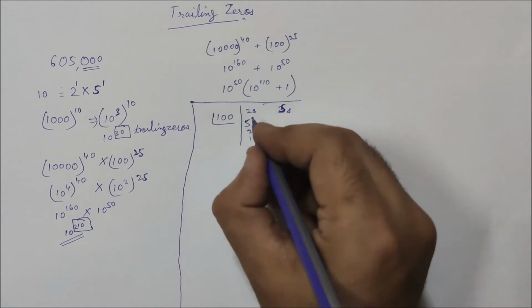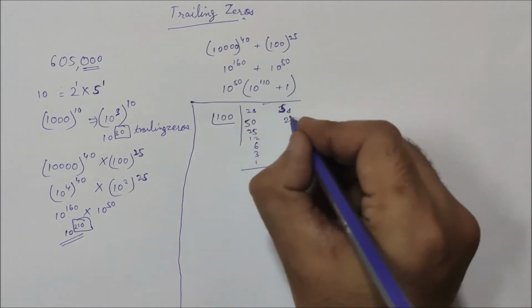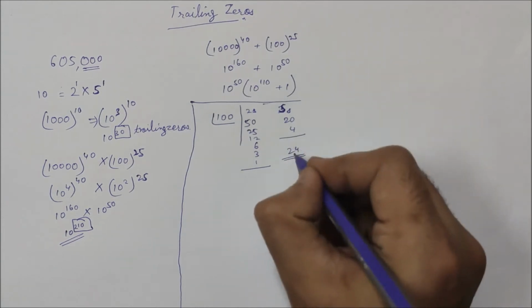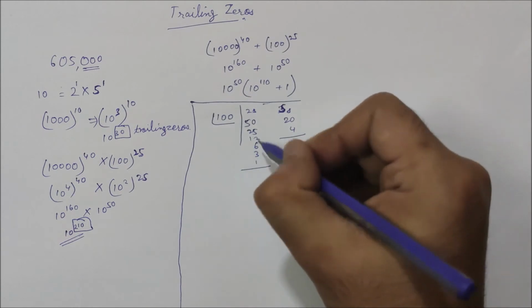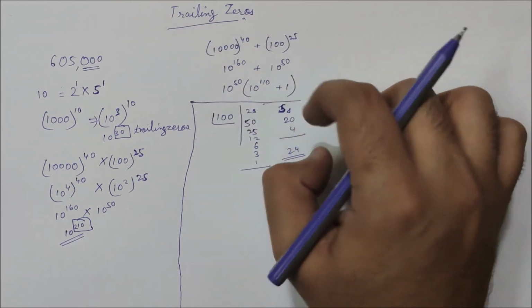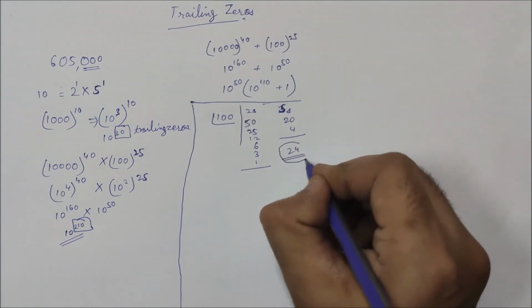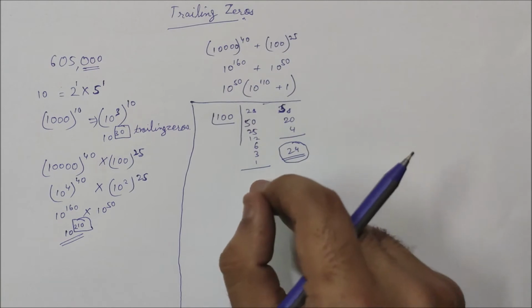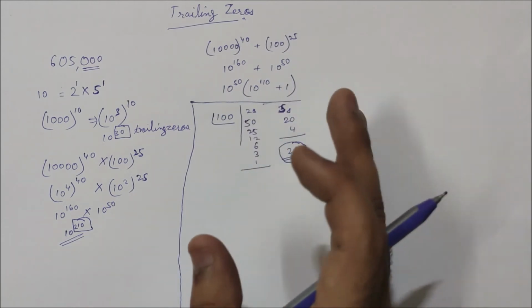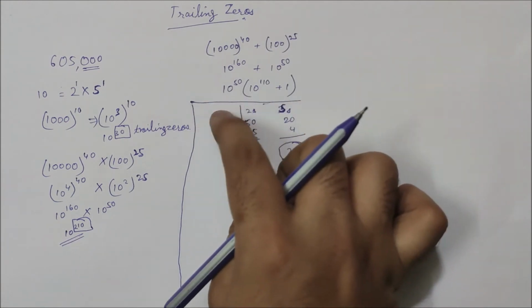For 5's, because I need powers of 2 and powers of 5, I will have 20 coming from here, and then 20 divided by 5, I'll get a 4. So the total number of 5's that are present is 24, and obviously 2's are way more than 24. So I can take as many 2's as I want, because 5 is in short supply in this case. So there are 24 powers of 5. That means the maximum tens that I can form is 24. So there necessarily have to be 24 trailing zeros in factorial 100.